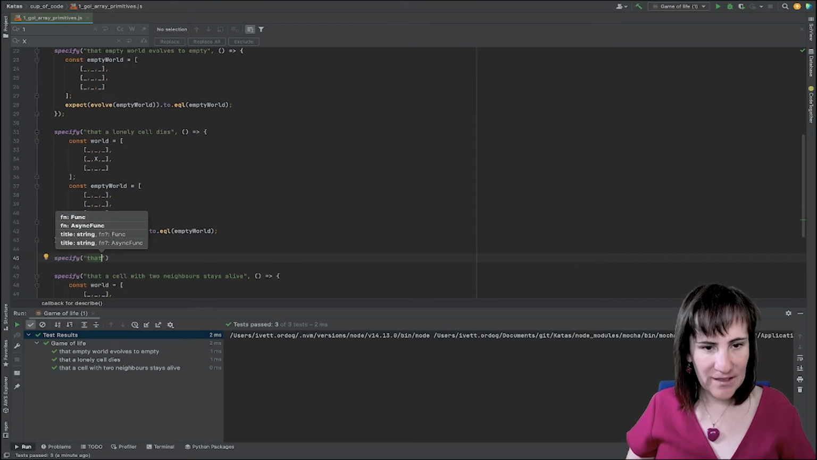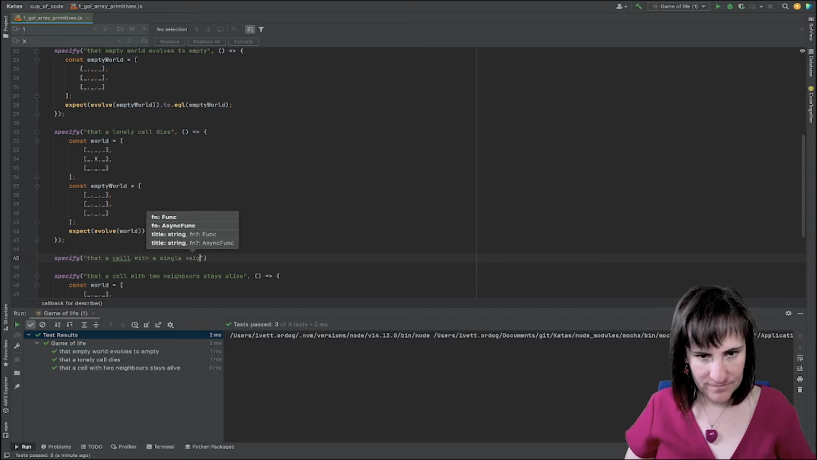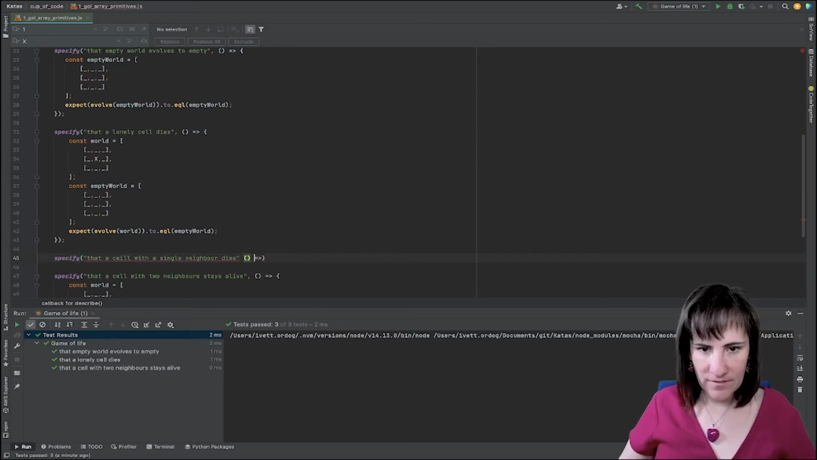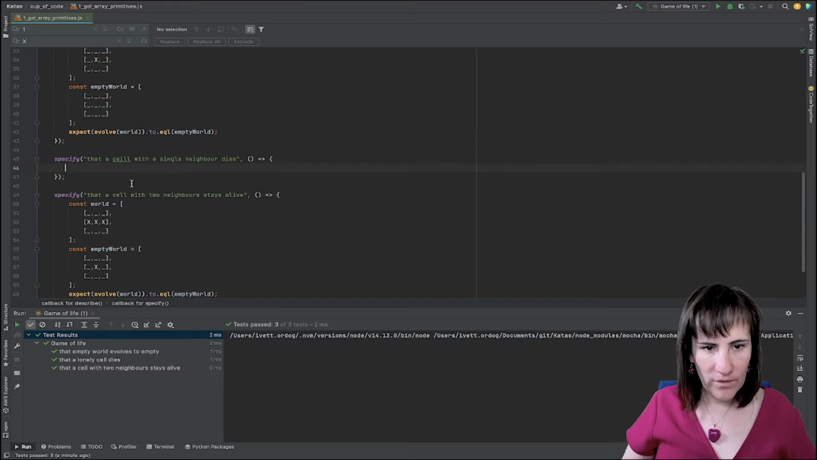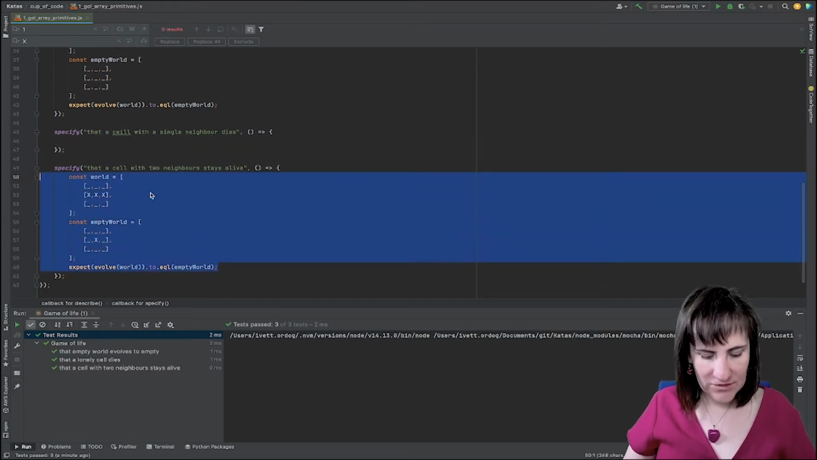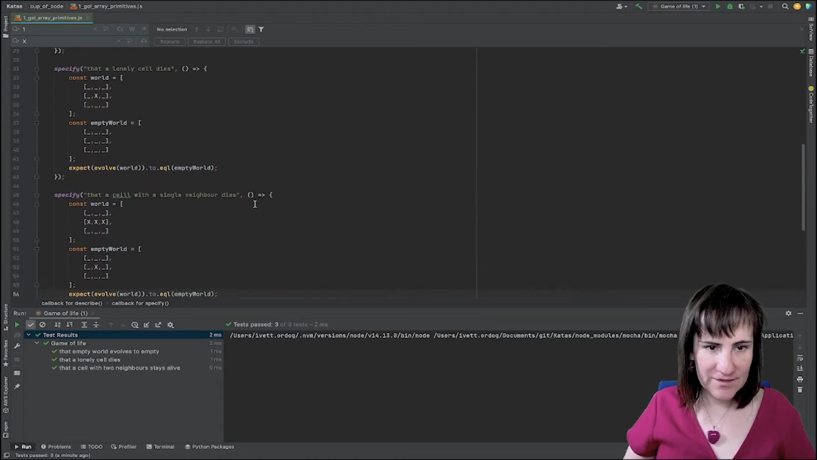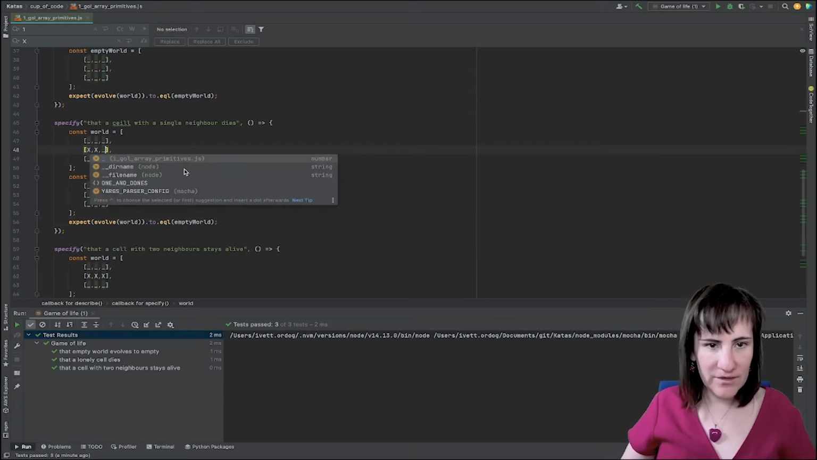So we test that a cell with a single neighbor dies. Okay. And then what we can do, of course, is the same structure. Actually, I'm starting to feel that maybe we should refactor at some point and write these data provider tests. But anyway, what I can do now is I change this